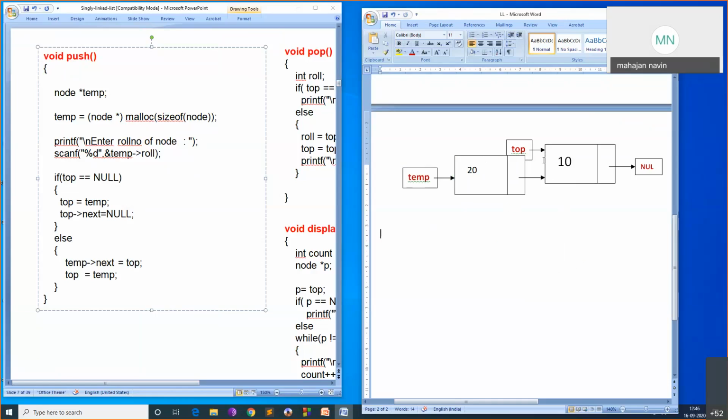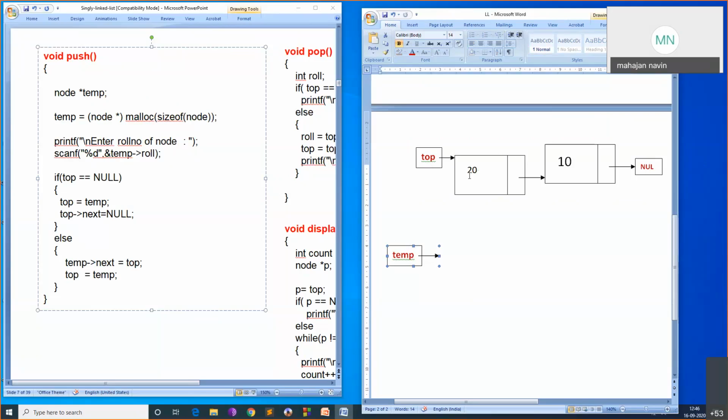Top is pointing to one node. Now temp of next will point to that particular node. Okay, now what you will do? Top equal to temp. You take this top and move it where temp is pointing. So what we have done? We have created a new node, and the new node's next pointer is pointing to the earlier node, and the top will come back and point to the new node. Now we don't need this one. Now we have a linked list where top is pointing to the first node and there are some other nodes.